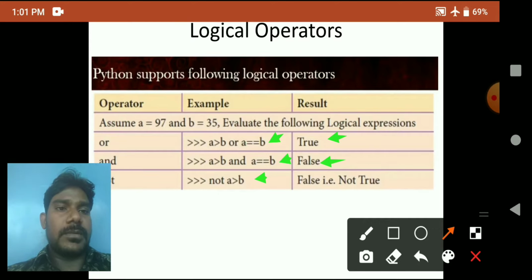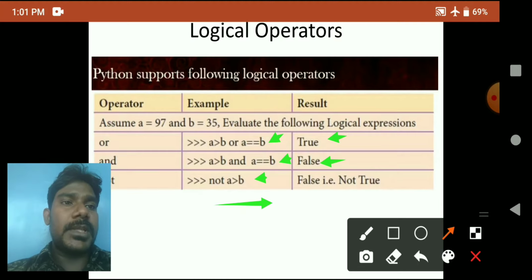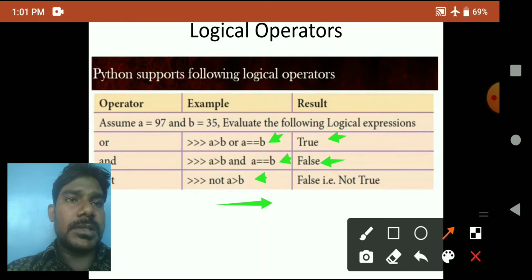Opposite. That is the meaning of the not operator. You have to know the meaning of these three logical operators, or, and, not. That way we can find the result easily.